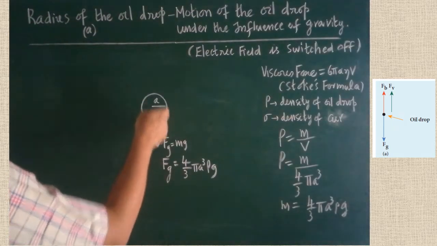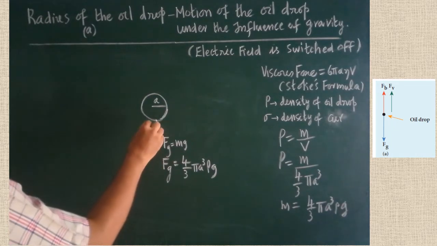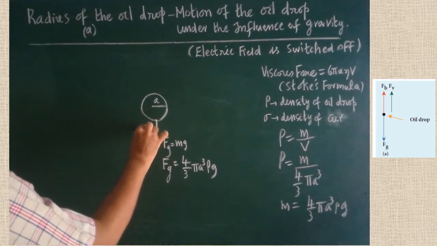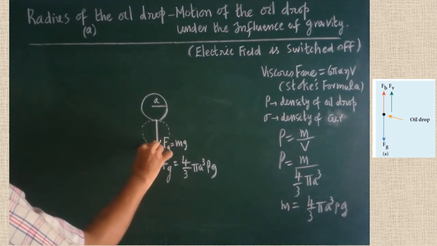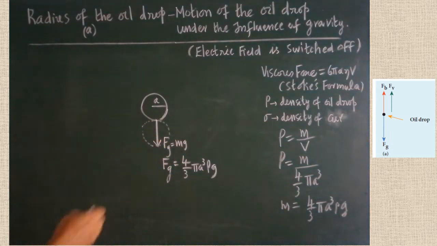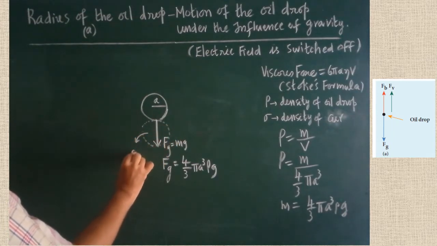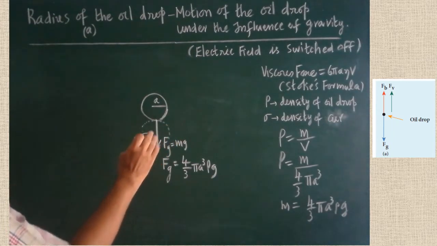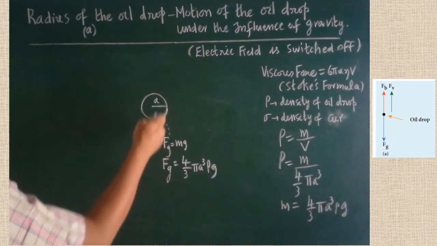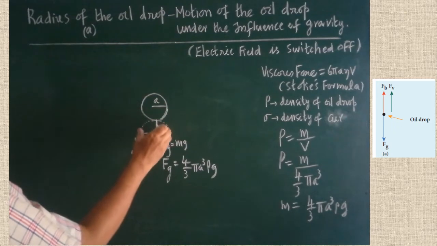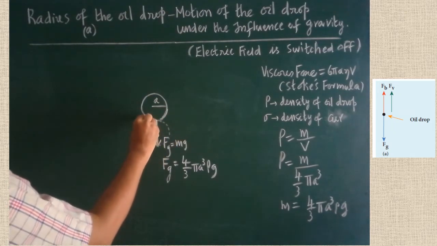Here this is the downward force acting on the oil drop. When it is descending down, what will happen now? There will be a spherical air layer. When it is descending down, that air portion will oppose the movement of the oil drop. This air is going to be replaced by the oil drop. When it is descending down, an equal volume of air is displaced. Therefore, the air will apply an upward force.